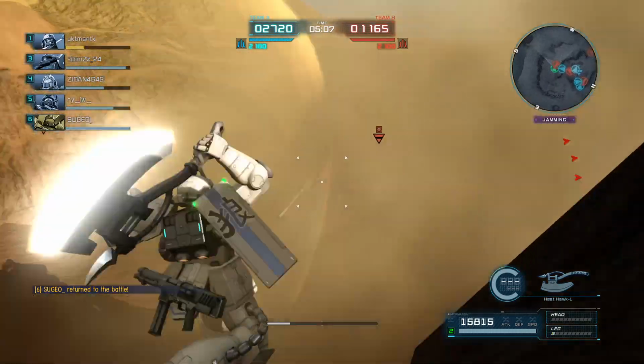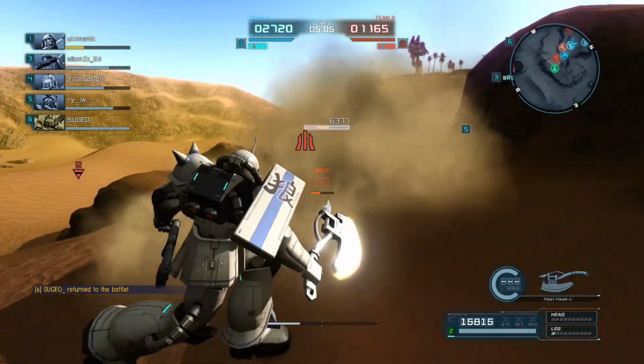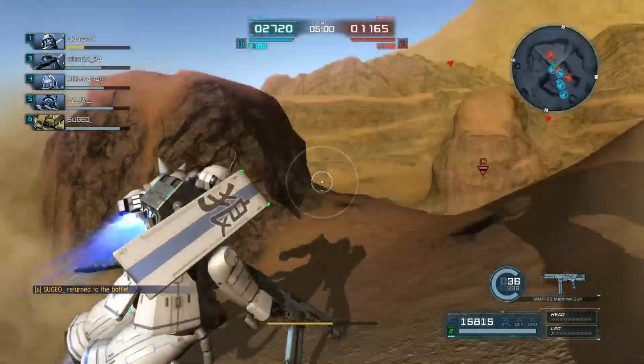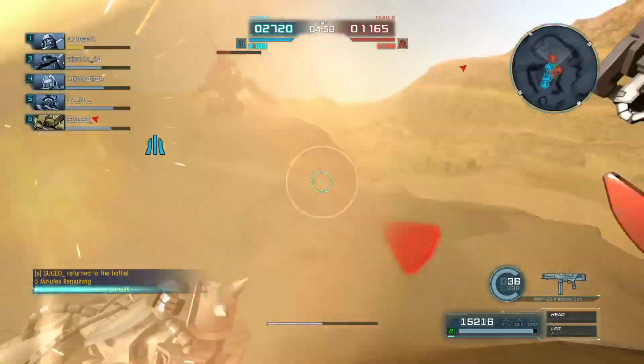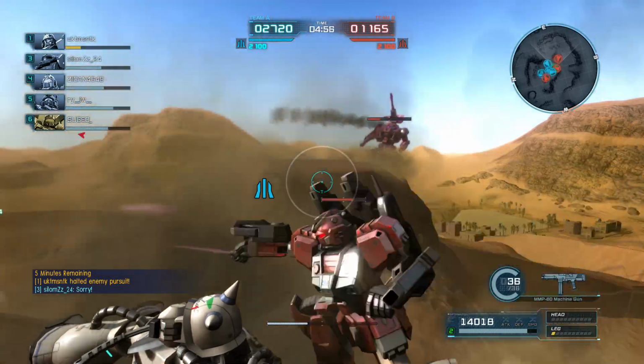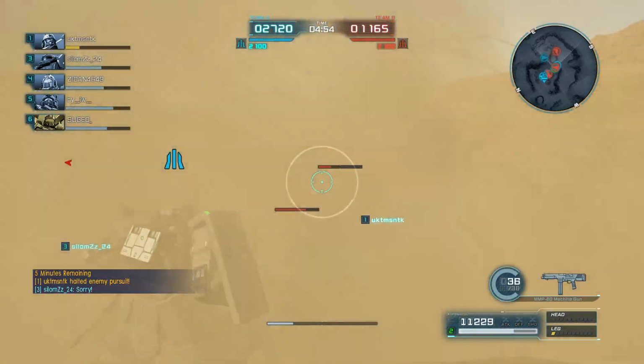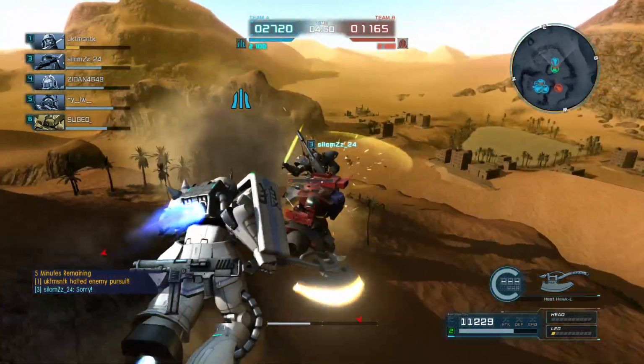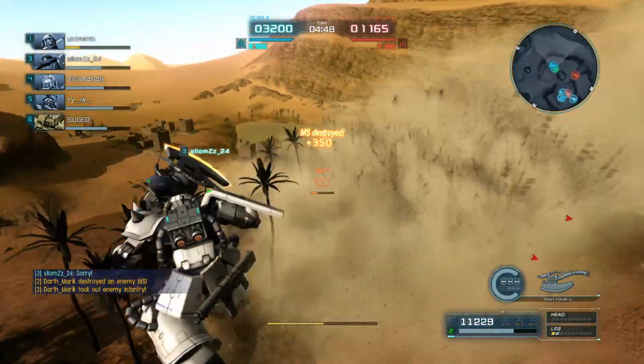Let's see, the jamming suggests there is either an Ifrit Kai or possibly probably too high a cost. Might see a Zaku Flipper at 350, but could go either way at this cost. But yeah, there's the Gigan. He got the kill shot on that, and